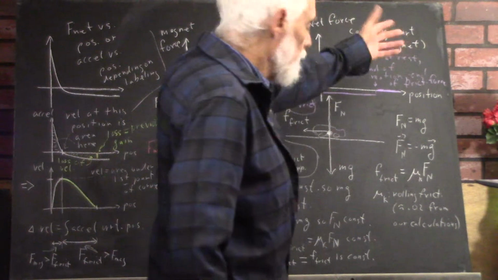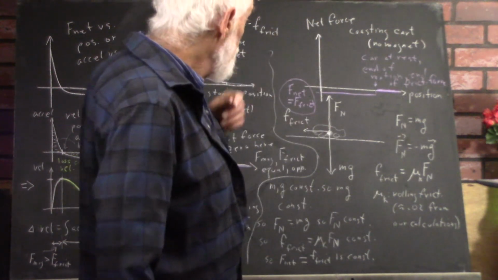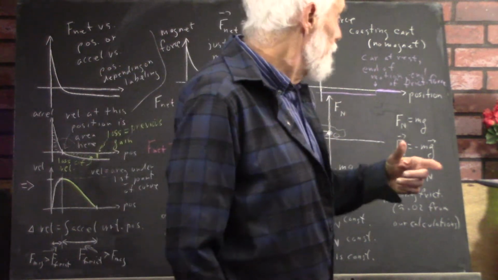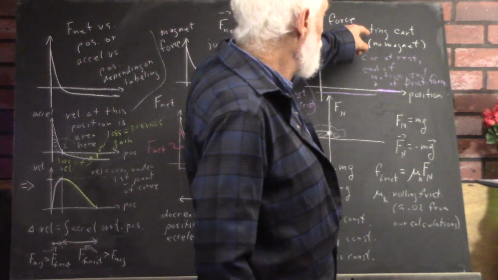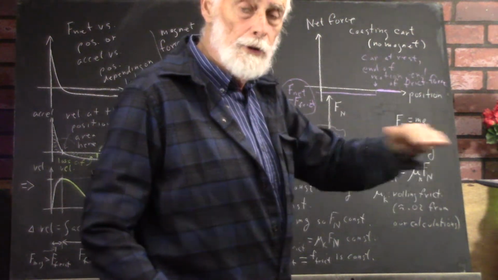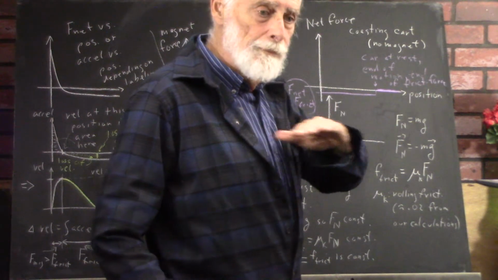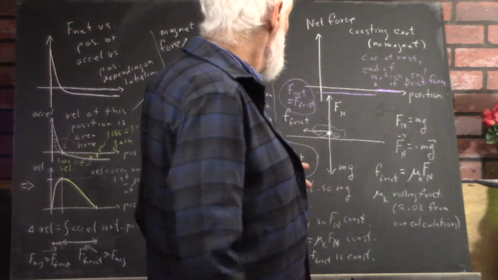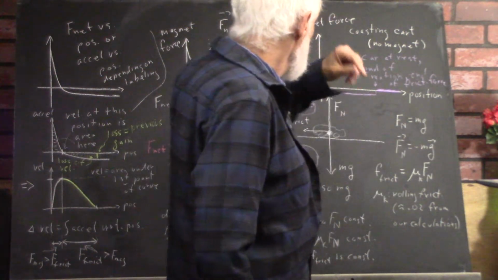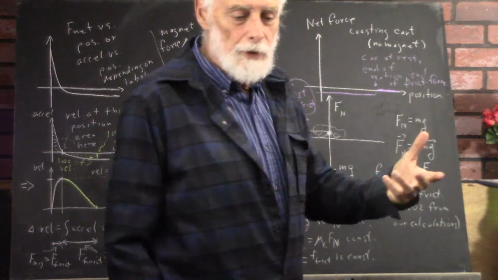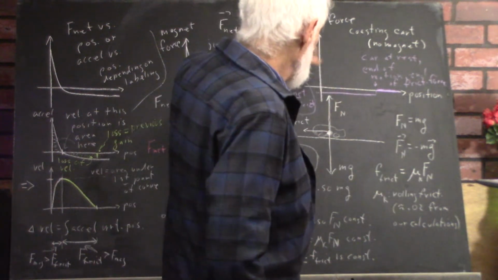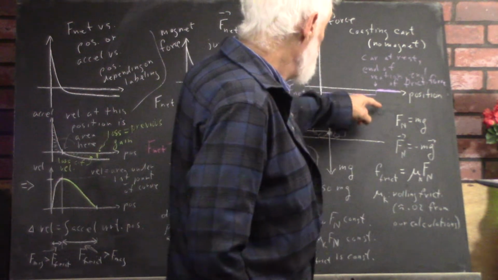Okay, looking at the car and the magnet and so forth. First of all, we want to look at a graph of the net force on a coasting cart if there's no magnet. Now, the car is coasting along a constant incline. And let's assume a level incline so that as the car coasts, it's subject to the force of friction in the direction opposite motion. In that case, your net force is going to be this purple,